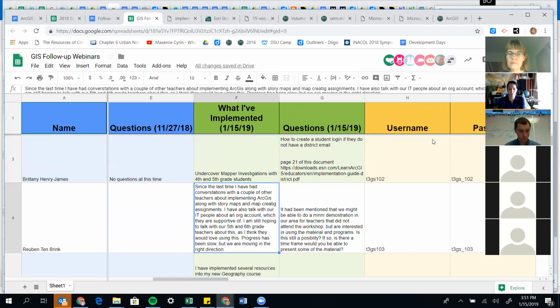But because we're split buildings, our elementary is 10 miles to the north of us. It's kind of hard to find time to get together on this. But the teachers that are here, the earth science teacher and such, have real interest as well. We've been talking with our IT about getting the org account set up and got their blessing on that, so we can move forward with it eventually. But when I start talking about the capabilities, it can be a bit overwhelming.